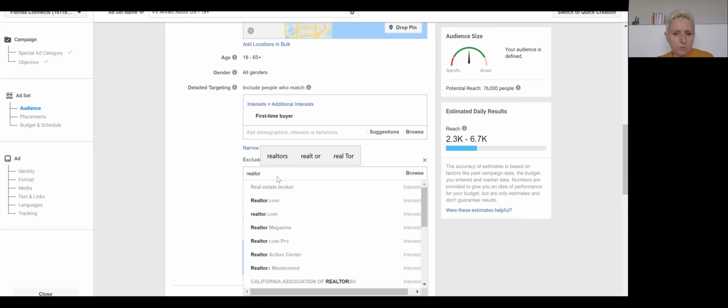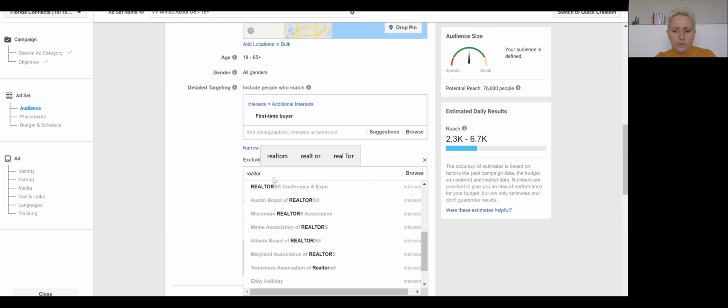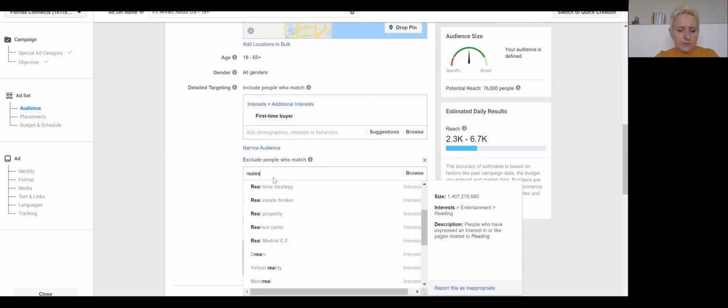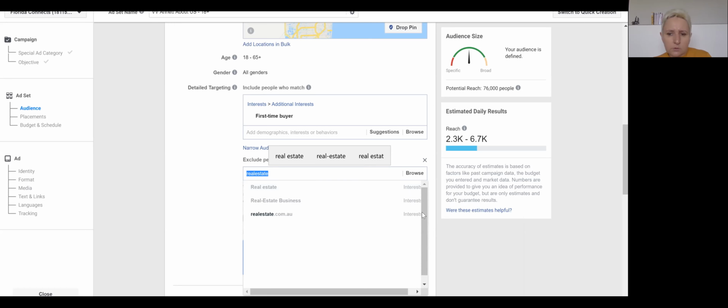having realtor as a job description. Let's put it real estate. So you have to play around with it a little bit. It's only interest based, so